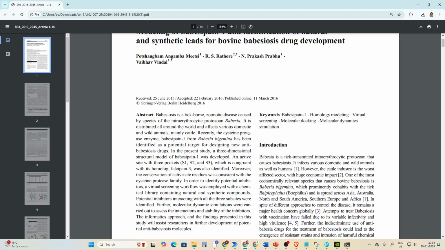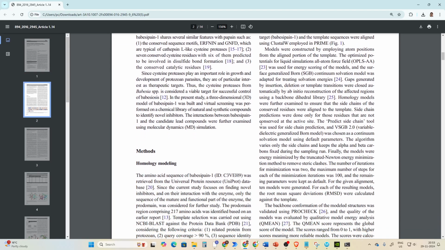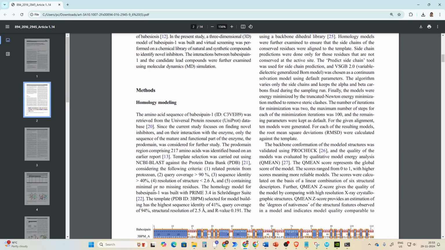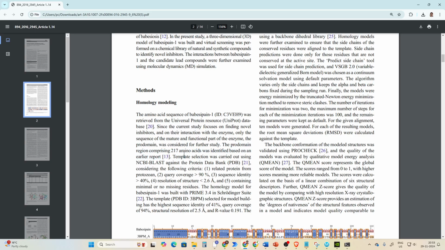So this is the work that we did a long time back. Need to find from where we took the pro domain. Here we have identified it based on the earlier report. So only 217 amino acid residues we took. Okay, so